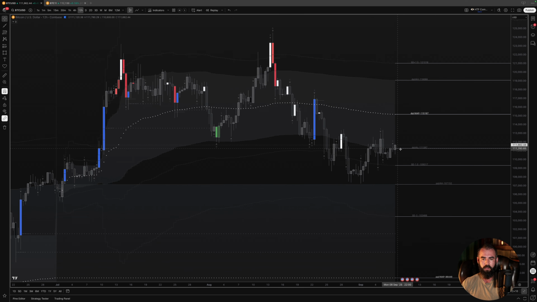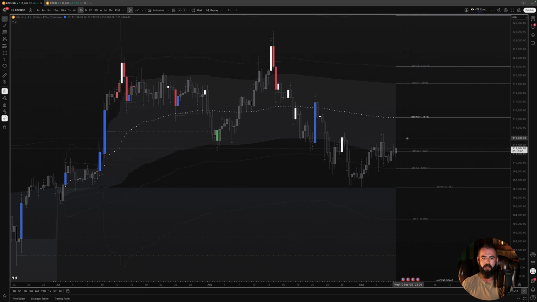So at the moment, sitting right on this value area low, any rejections out of here, we're likely to head back down towards these lows. If we do get some sort of acceptance through here, then we can move higher. One more thing to mention, I'll just bring it over quickly,